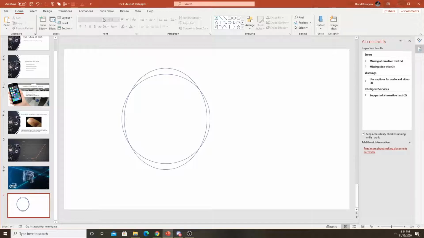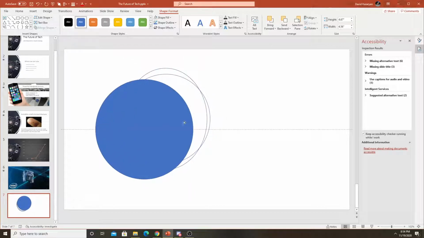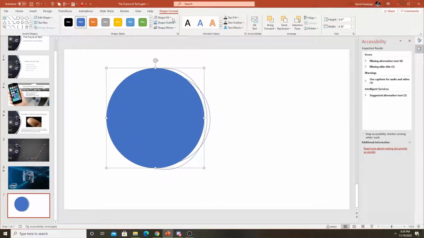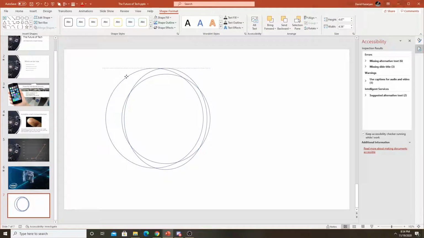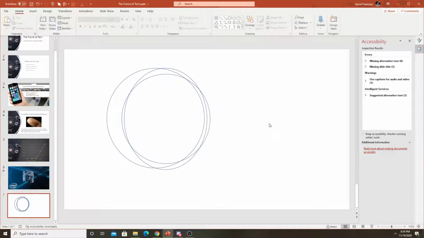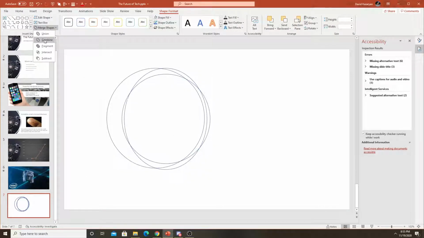And I guess one more circle. And let me take out the fill again. So yeah, I basically got it overlapping like this. So I want this to be solid and I want these to be solid and I want this part in between to get cut out. So I select these, merge shapes,